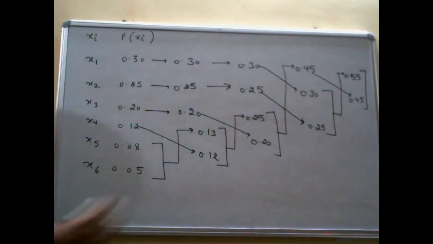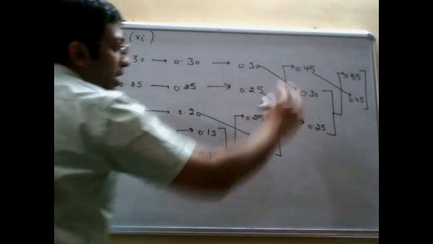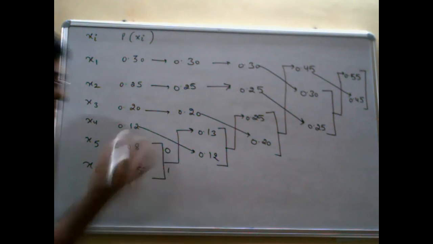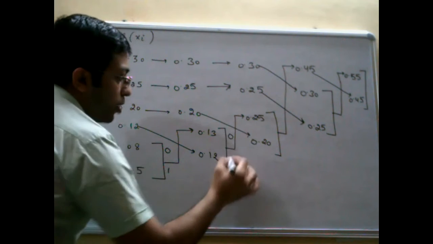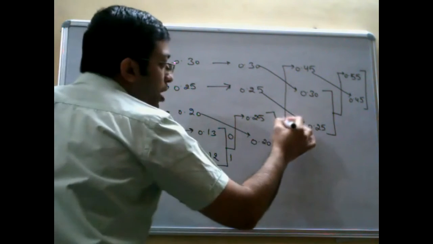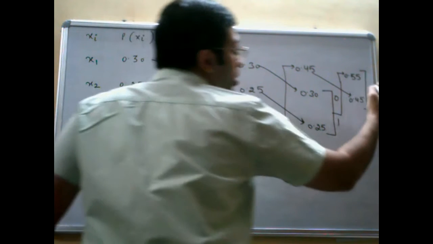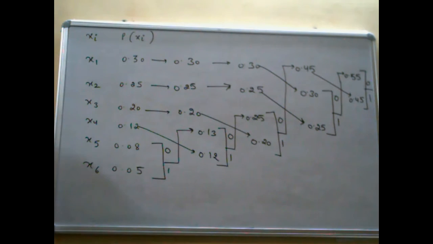Okay. How to assign them codes? Wherever you have made a pair, you will assign 0 to the top, 1 to the bottom. 0 to the top, 1 to the bottom, and so on for every pair. Clear? Okay. Now,